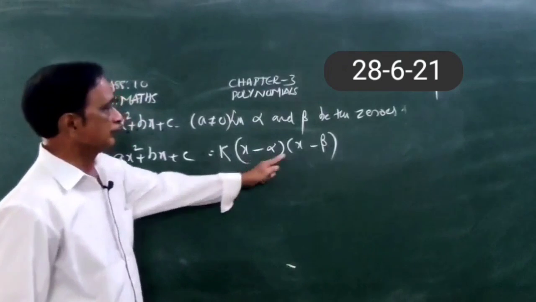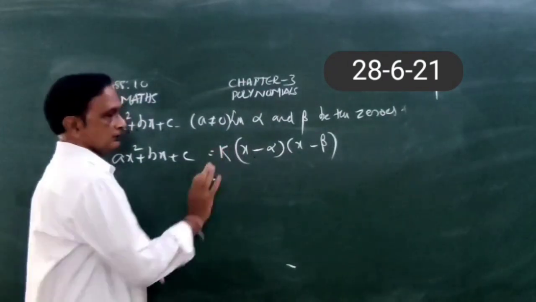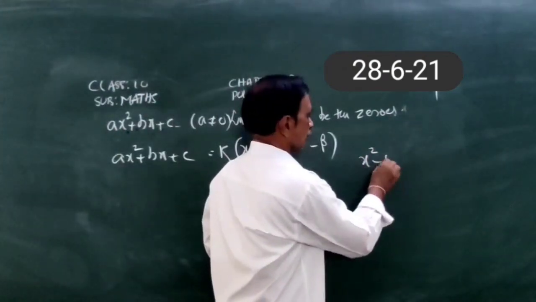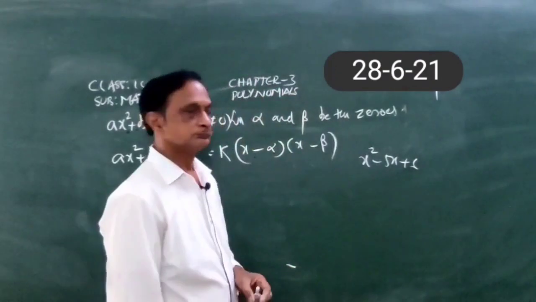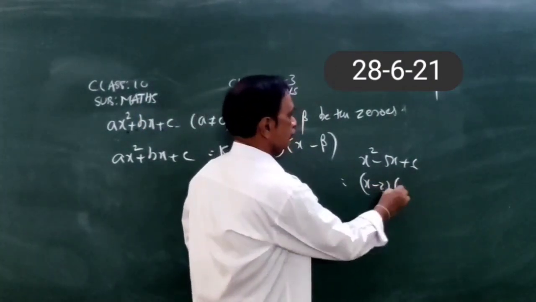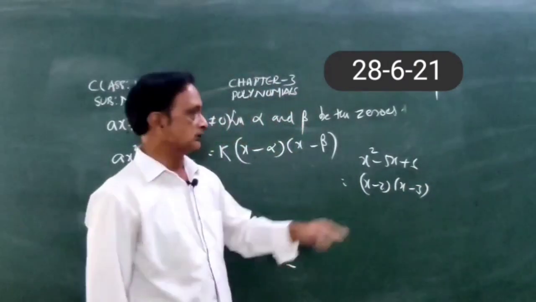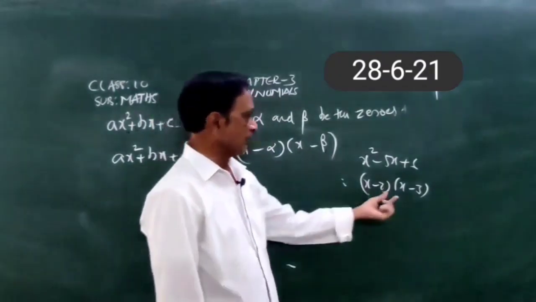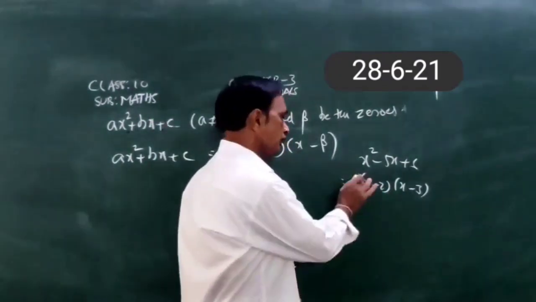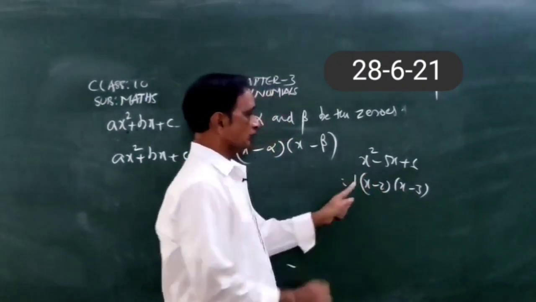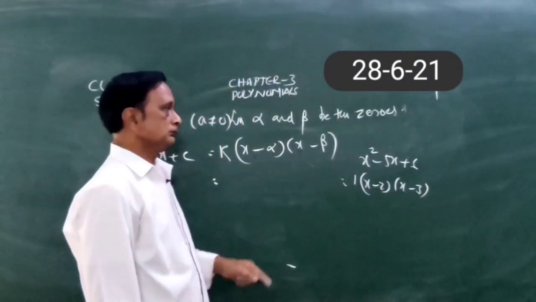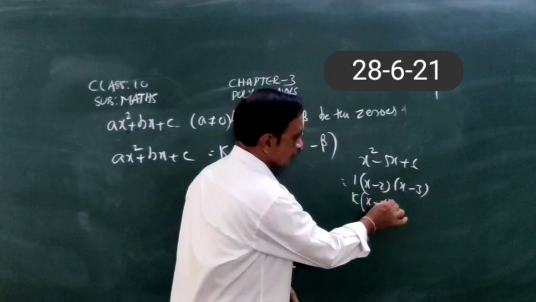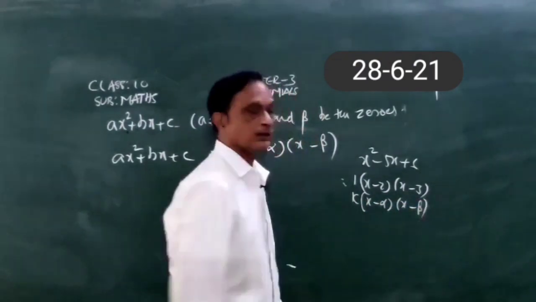Now say, find the product of these two, k. So what is that k called? Constant. Suppose you take x squared minus 5x plus 6. Now I am factoring x minus 2 into x minus 3. We know that 6 is 2 times 3, and 2 plus 3 is 5, and 2 and 3 are negative. Then you get the factors x minus 2 into x minus 3. In addition to those two factors, we have one constant factor. What is that? 1. So this is expressed in the form of k into x minus alpha into x minus beta.